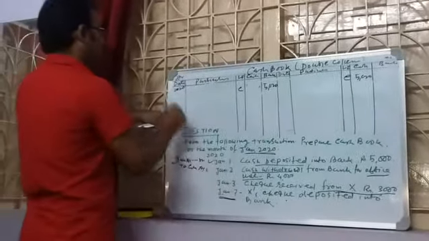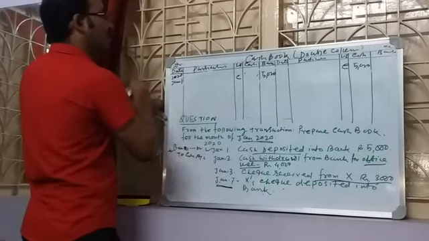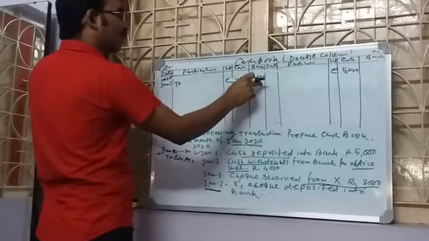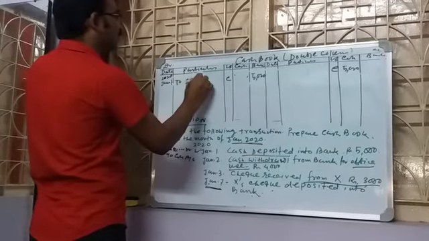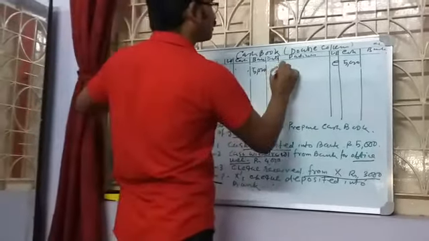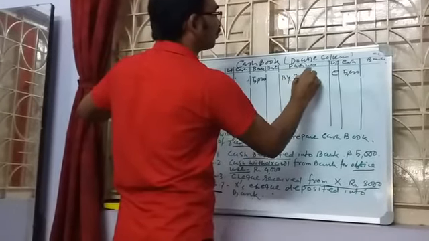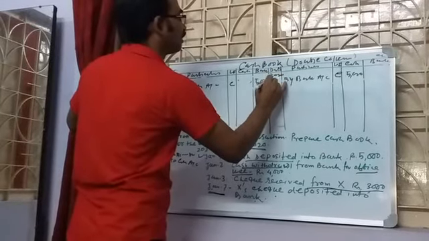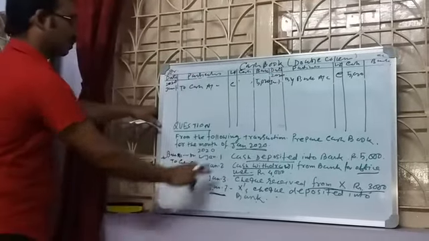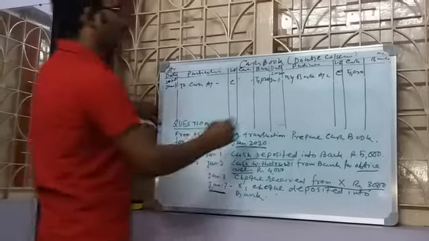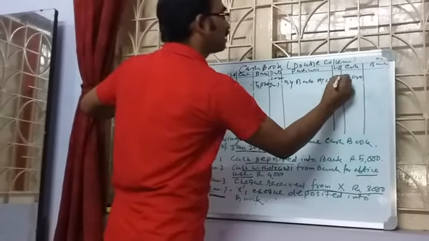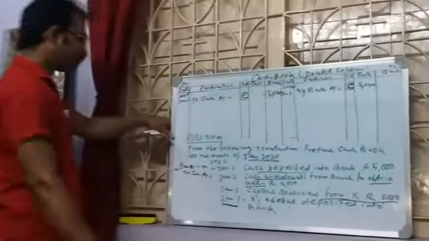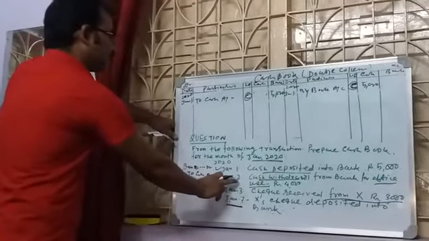Okay. Now the date is Jan 1. Now here you write 5000 in the bank column, that is why this is to cash account. And here you write by bank account. Clear? Here you write 2020 Jan 1. So the first one is clear. This is a contra entry, and for the contra entry, on both sides you write C. C denotes the contra entry. Clear?